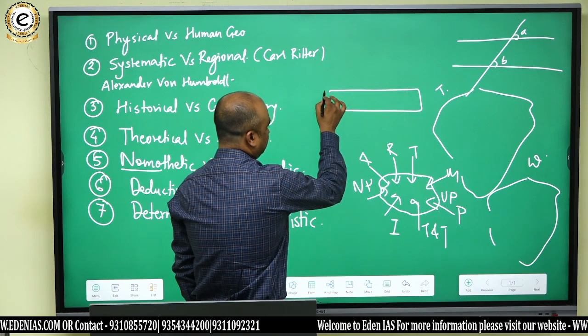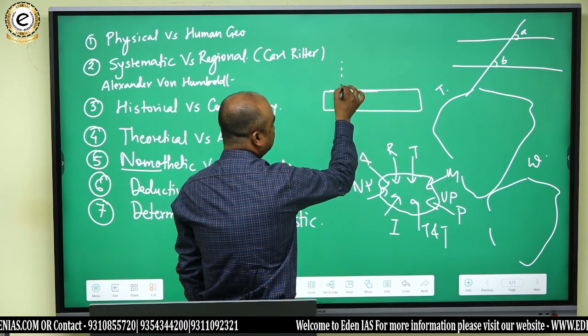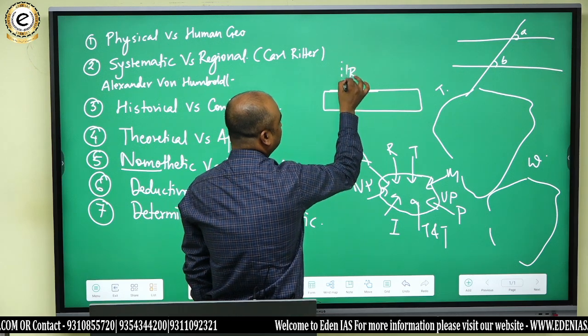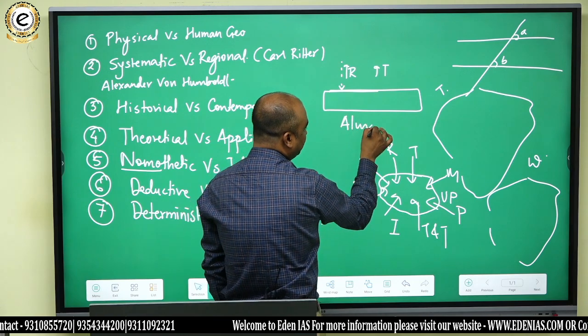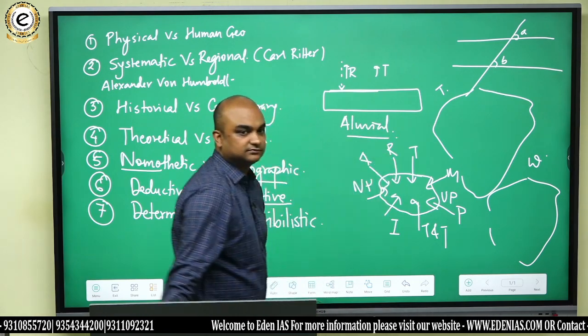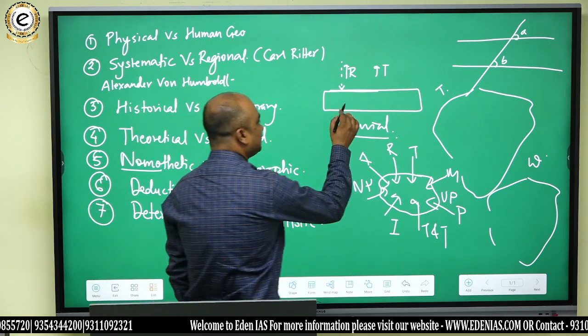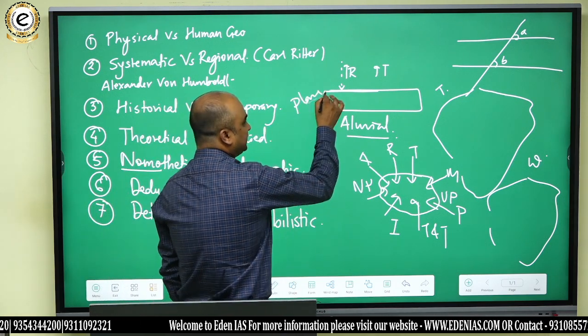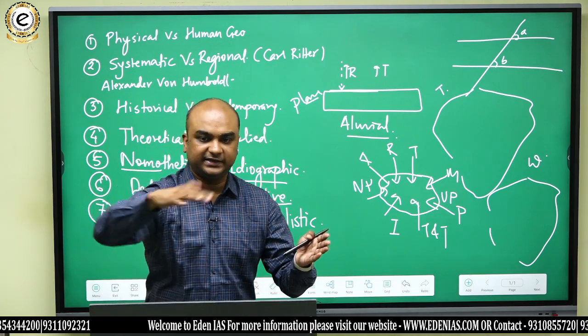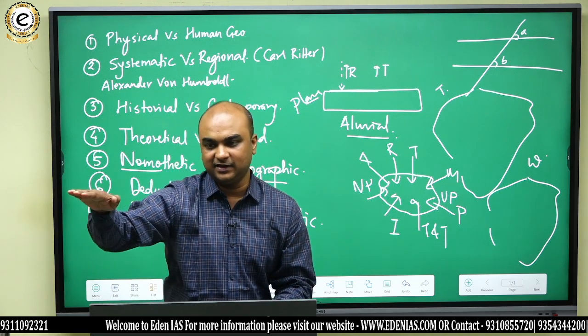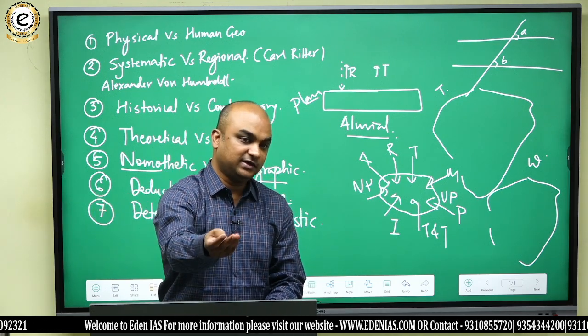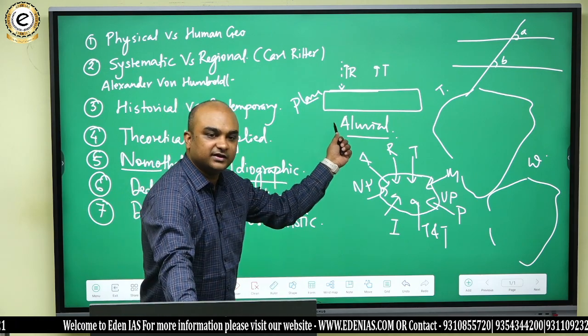suppose there is an area which has very high rainfall and high temperature, and the soil is alluvial soil. Got it? And the area is also plain. It means it is not an undulating surface. Undulating means जिसे उबड़ खाबड़ कहते हैं, वैसा नहीं, बिल्कुल plain area है, अच्छा rainfall है, अच्छा temperature है, and the soil is alluvial soil.